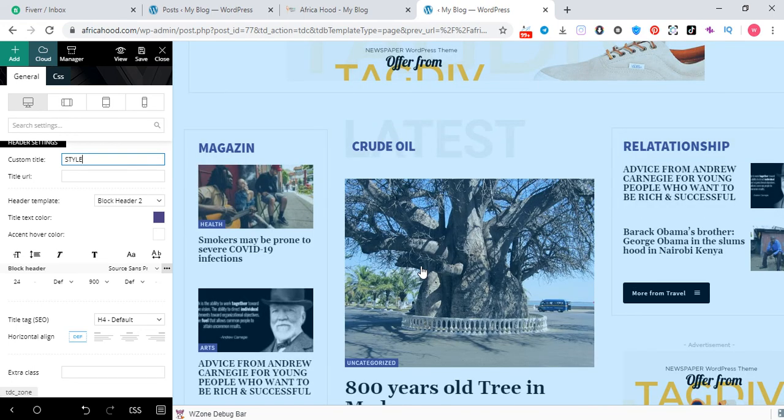Anything you can add in your section, but before you post, it is compulsory that you select a proper category. Which category is this post for? So before posting you need to select that category, so that when you add a post, that post will be shown on your home page.